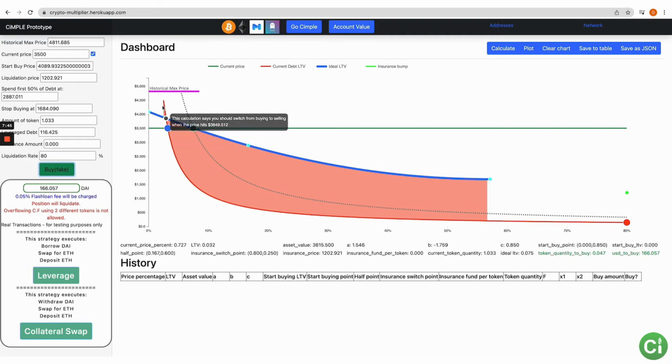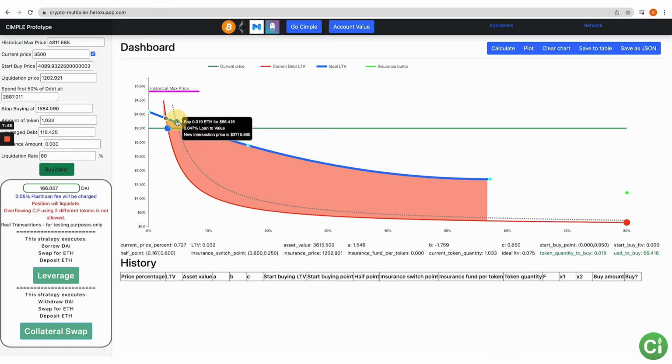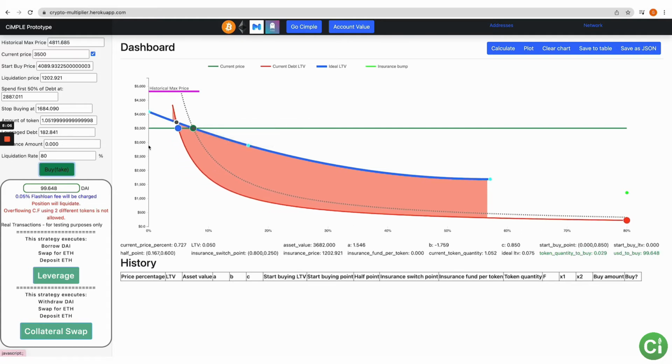So if this red line, okay, the blue dot is where you're currently at on the red line, but if the blue dot on this red line is below the intersection point, then you should buy to get onto the curve. So by selecting some amount that is less than the full amount, what you're doing is just redefining what that will be, right? So if we do another fake buy there, it just moved the intersection point.